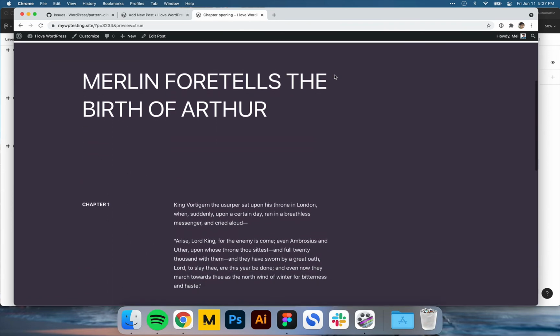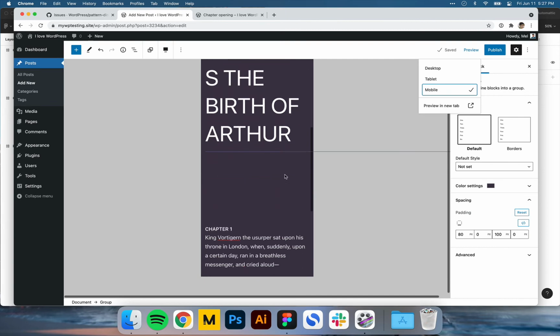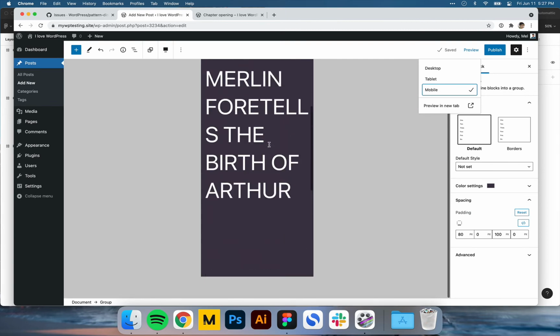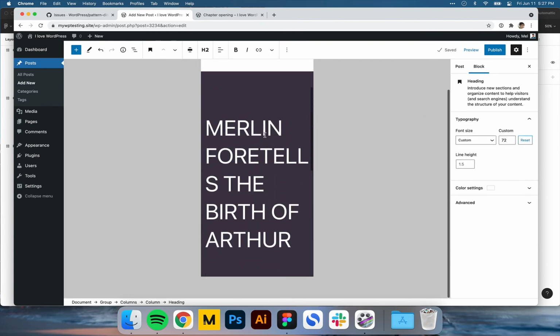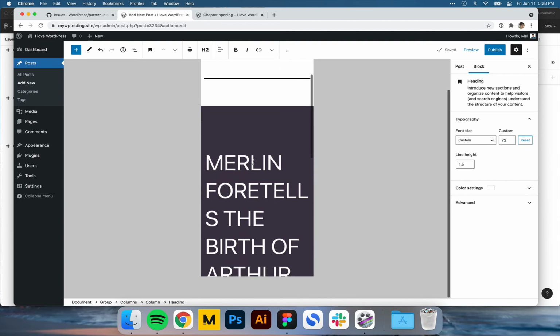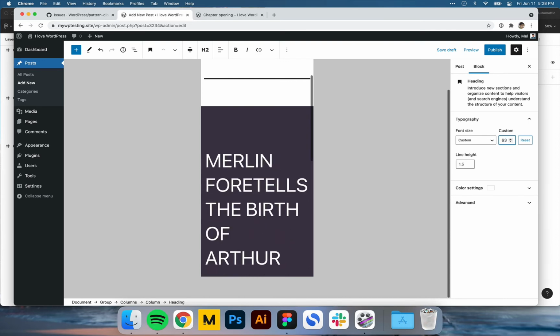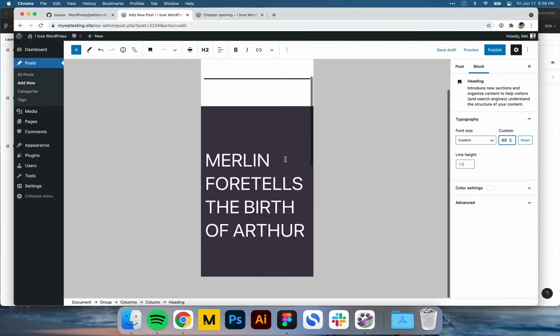Cool. And give this just a quick preview. So we have just a little bit of an issue here with the font size where the S gets brought down to the next line. I don't know if I want to adjust this font size a little, bring it down, see if that helps. It might help on some screens, it still might not help on others. We'll see if 60 looks okay.